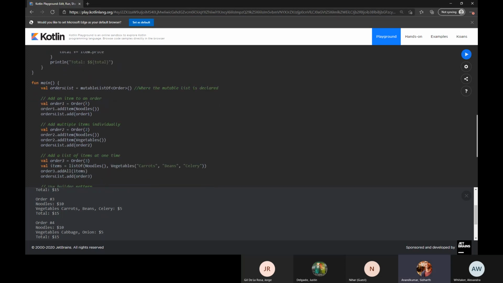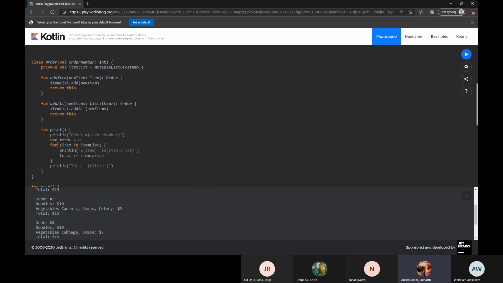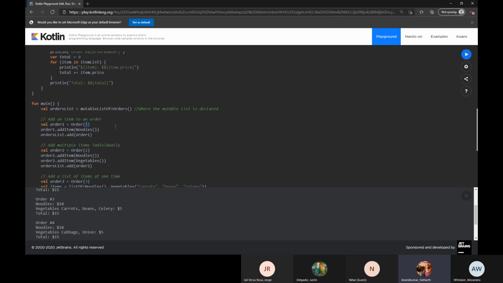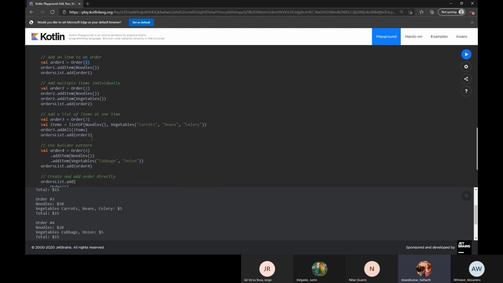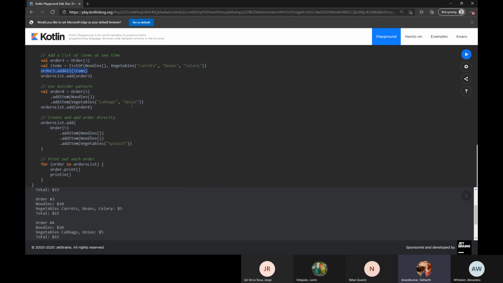And then you are saying order one, and so remember, order, the class here is the number of the order, so it's only going to take in an int. So that is why there's only one parameter, which is an int. And then we're adding the item, adding item, adding item, and then we're saying add all items at once, right? So this is to demonstrate the add all function that we created earlier. And we can call on multiple functions